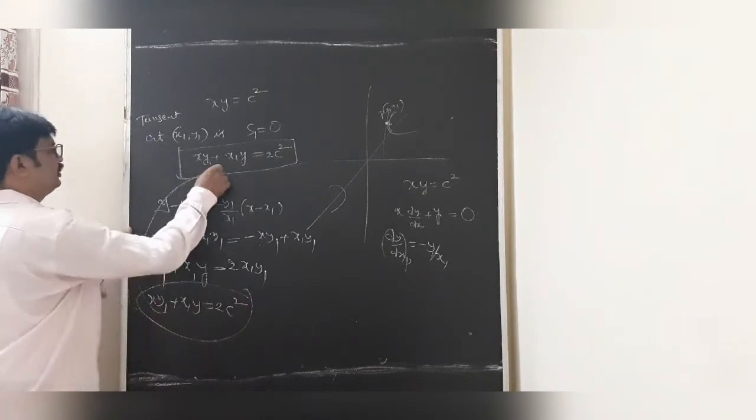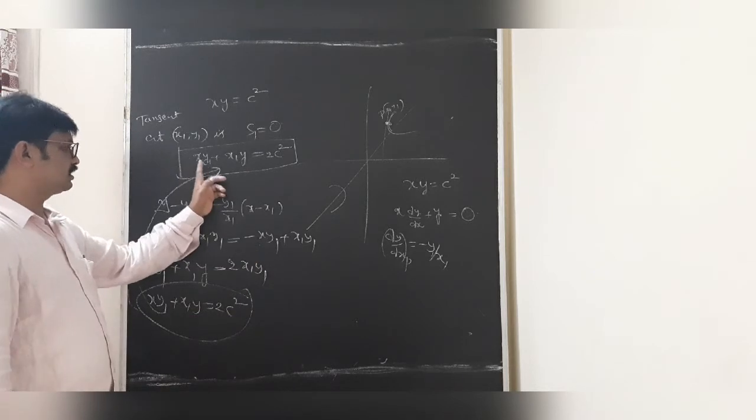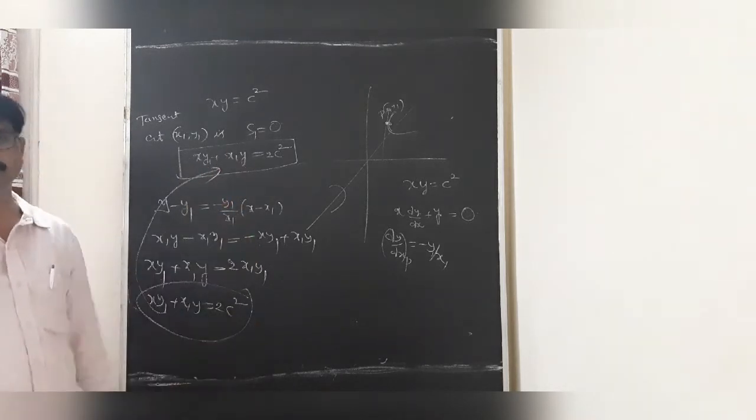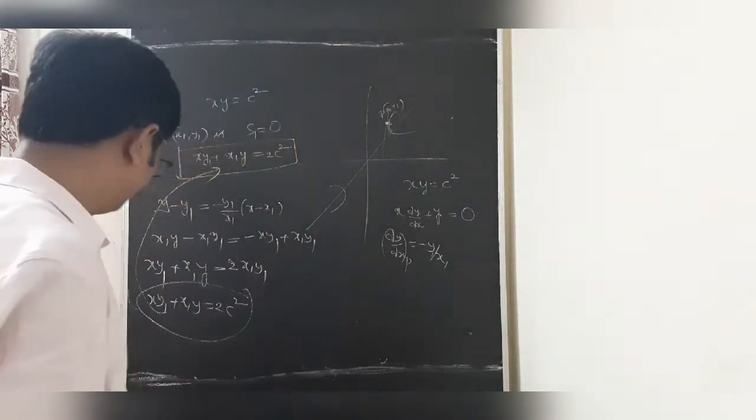That's why the equation of the tangent S1 equal to 0 can be written as xy1 plus x1y equal to 2c square. Is it clear students? This is the 2c square. So students,